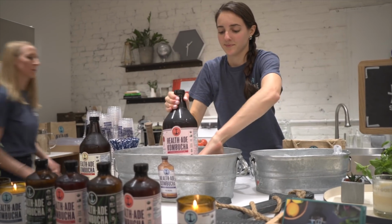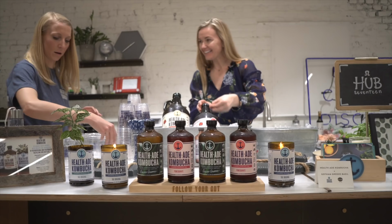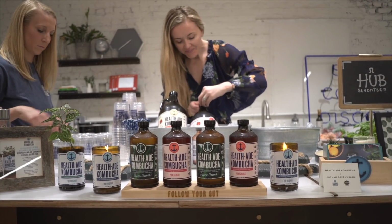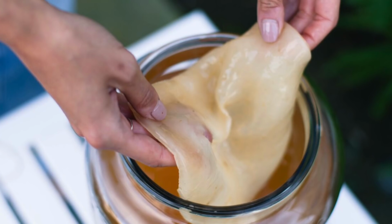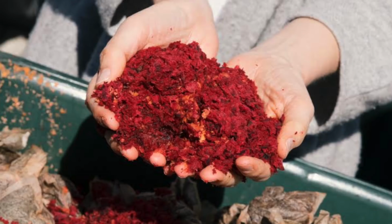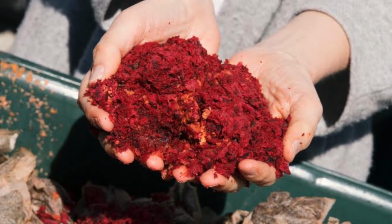So at HealthAid, we use a lot of tea, and we have a lot of SCOBY, which is like this mass of cellulose that we use to ferment the tea. And then we also do a lot of cold-pressed juice, because we flavor all of our kombucha with just cold-pressed juice. So we have tons of blood oranges and carrots and beet pulp, and